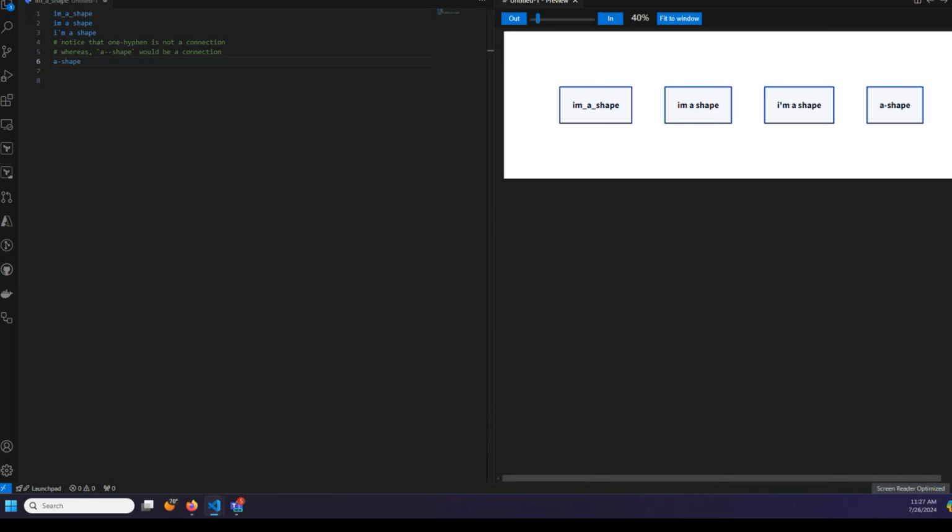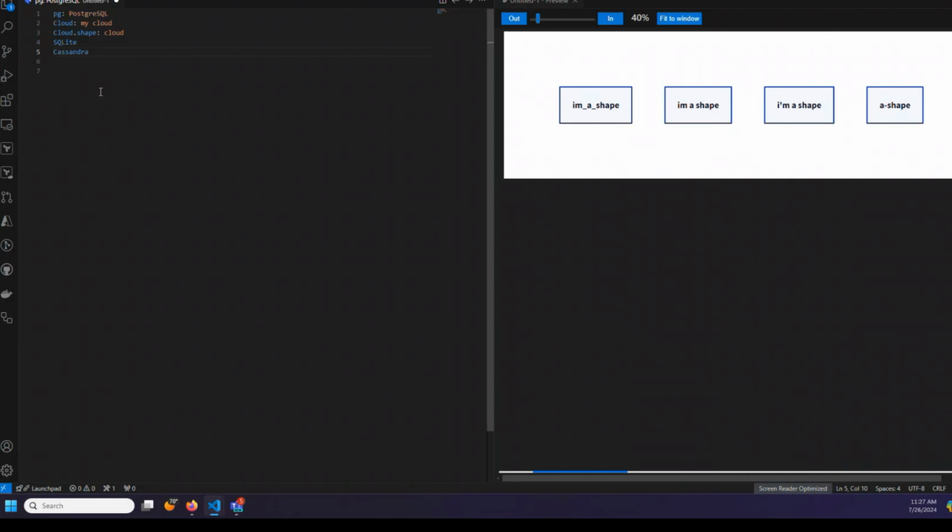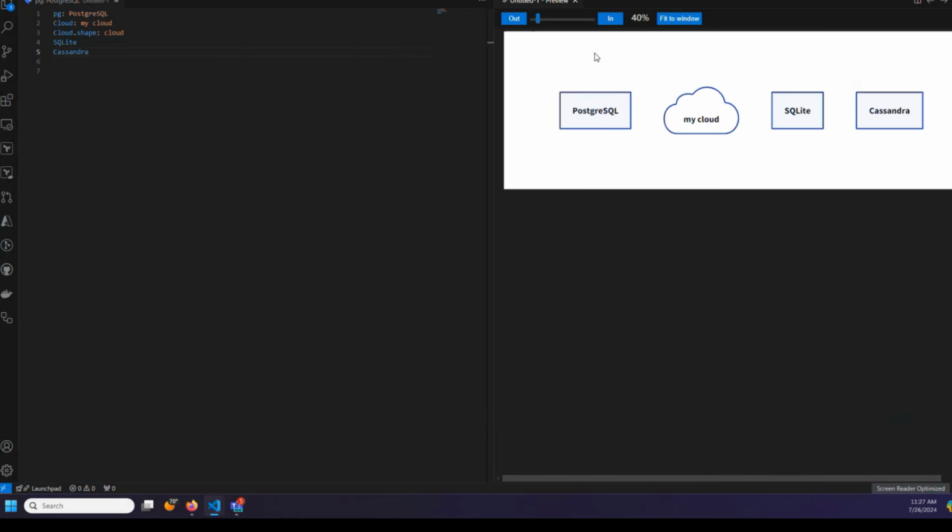So there is, I'm a shape, and I'm a shape, and a shape, just in different text. And you can talk about, as far as the text language, what it accepts, what it doesn't accept, that type of thing. They were just giving you some examples there, right? But in this case, if I wanted to do something a little bit more involved, now we have SQL and a cloud and a SQLite and Cassandra,